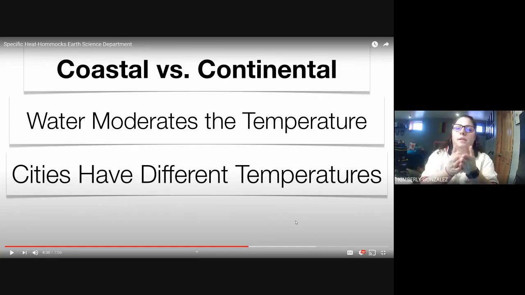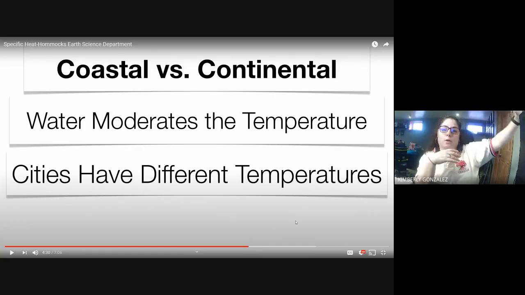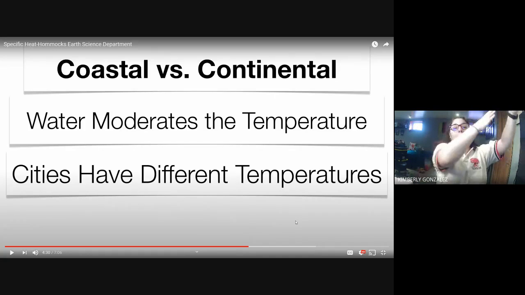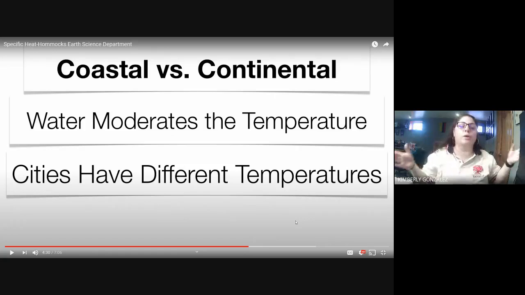So guys, this is why, was it yesterday or the day before, they were talking about this storm that was coming through. In the upper parts of New York, they always say north and west of the city, because they're more inland. They'll have colder temperatures. They'll have more extremes where it's super hot and super cold because they don't have water to help with that temperature. Here, even though you live in Queens, you're on Long Island, you're surrounded by water, okay, it will